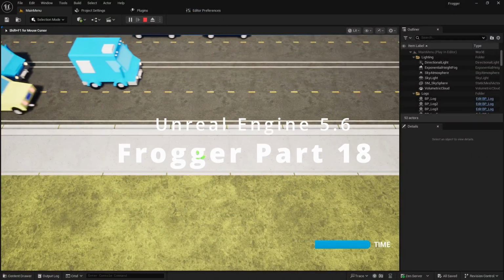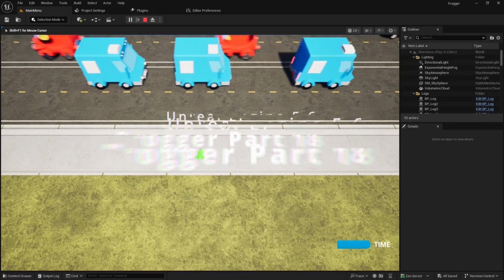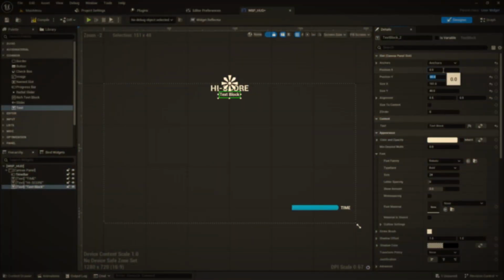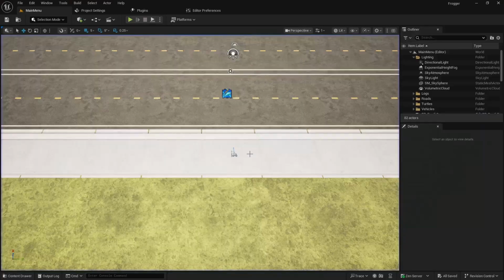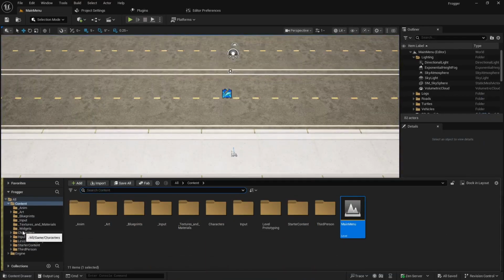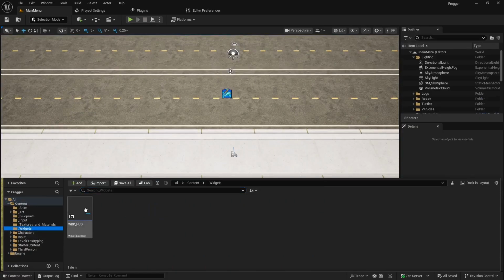Hi, good people. This will be part 18 of the Frogger mini-series, and in this video, we're going to create the score system for this prototype. Let's not waste any time and just jump right into it. Alright, so last we left off, we created a widgets folder, so we'll head back there and we'll open up